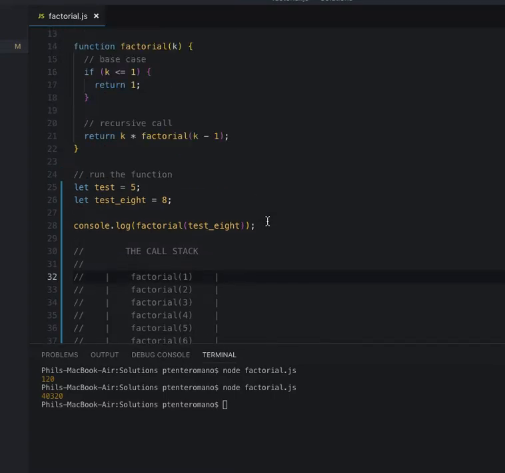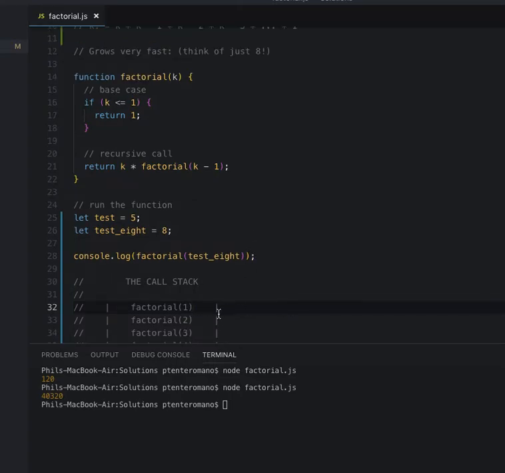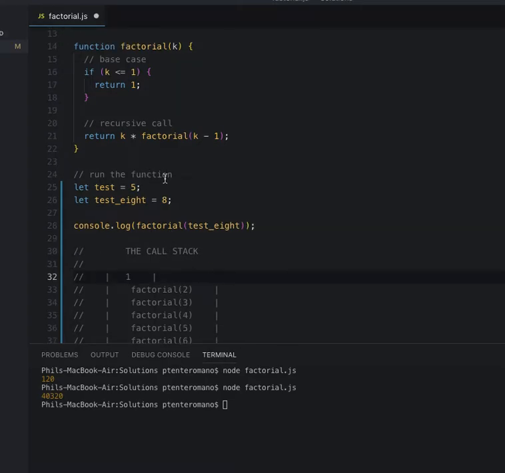And now, when it gets to 1, it's going to say, hey, I know what 1 is. K equals 1. I know what 1 is. So I can start, I know what it is. I'm returning 1. So this function returns and comes off the stack. It finishes and it goes, hey, I know what 1 is. It's 1. So it returns 1. And then it comes out here in this function call. This actually, I should remove it from the stack. This comes off the stack,